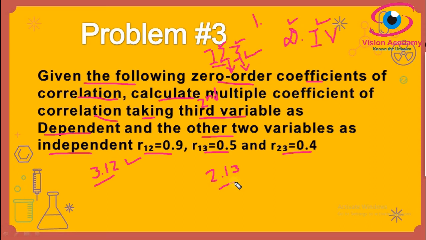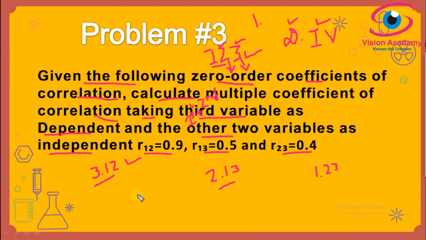Imagine we have one more option. In that option you may be asked for the first variable. Here the third variable is over, the second variable is over. In case they have asked for the first variable as dependent variable, with the other two as independent variables, then we have to consider 1 as dependent variable, 1.23, and the remaining two independent variables will be 2, 3. So these are the options for how we will make use of it. I have explained about this option in the problem only.